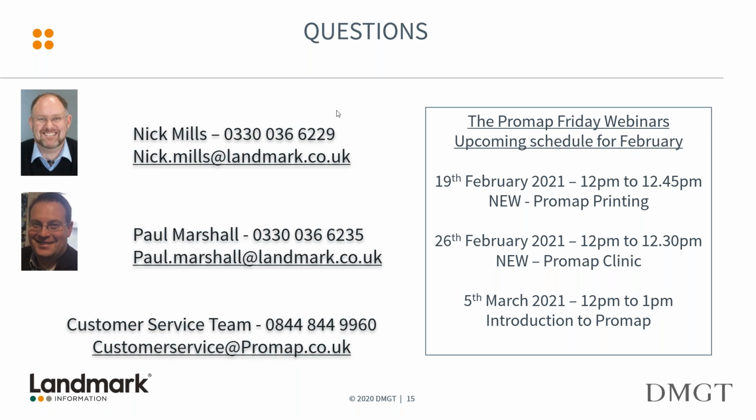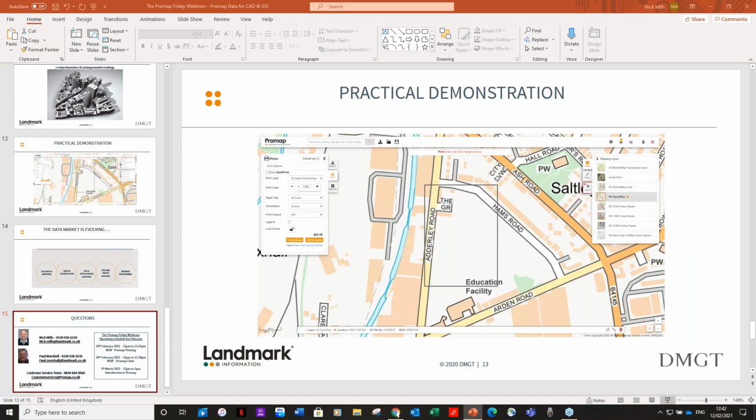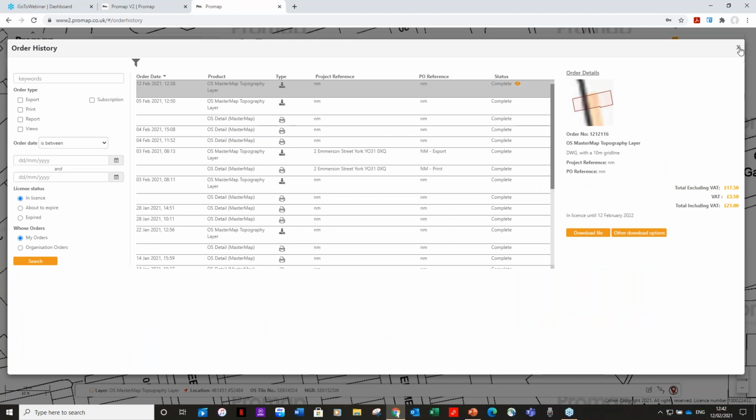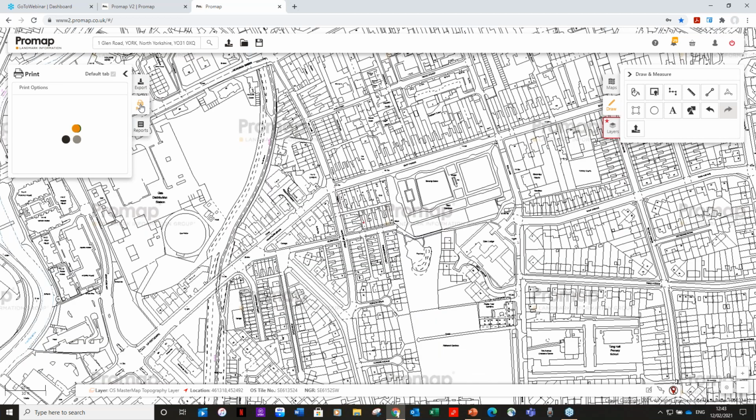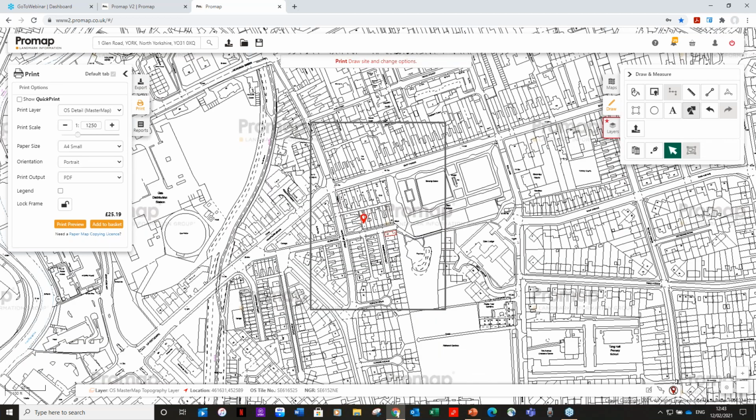Good question, no problem. Actually, it's true. In the export section, when you've got export selected on the left-hand side of the screen, why aren't there the same options for drawing tools when you're exporting as there are when you're printing, for example? Yeah, and you will notice this when you go into printing, there's some additional options that will appear on that side over there. The reason for this is